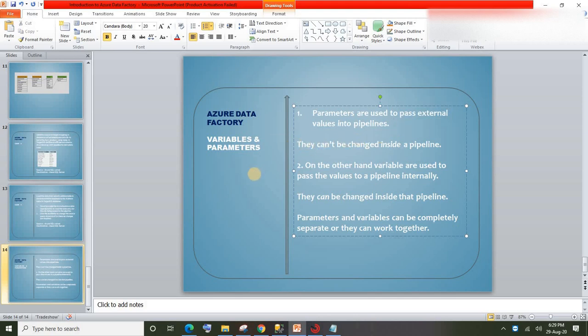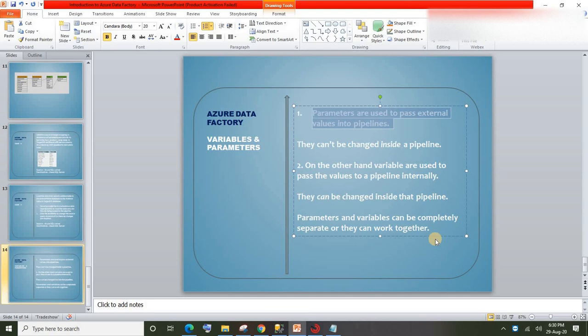If you compare parameters and variables, there is a slight difference between these two. Parameters are mainly used to pass external values into the pipeline. If you want to pass a value from outside to the pipeline, you use parameters, and those parameters cannot be changed inside the pipeline. On the other hand, variables are used to pass values to the pipeline internally, and we can change variable values inside the pipeline.